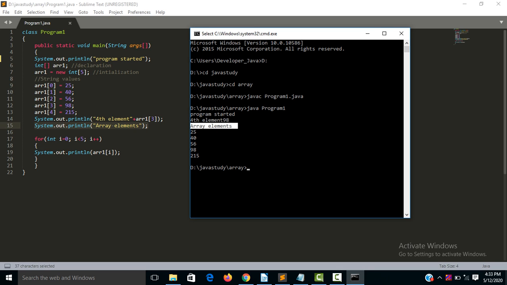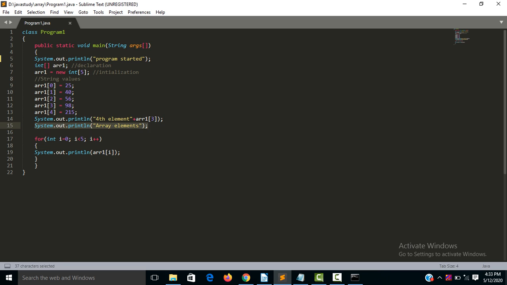Here are the array elements, and using the for loop we have to print all the values of the array. यहाँ पे हम लोग साइज मेंशन किए हैं 5. सो हम लोग 5 वैल्यू को स्टोर कर सकते हैं. तो यहाँ for loop में int i equal to 0, so it will check the condition 0 less than 5. Yes, it's true. So this will print index 0 of the array. So here the value is 25.